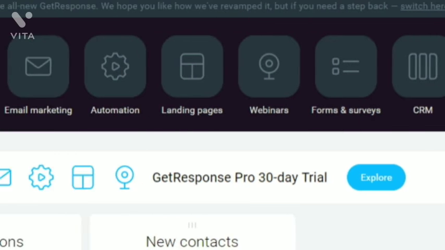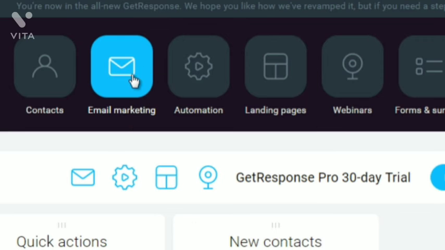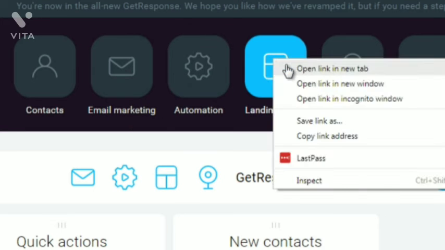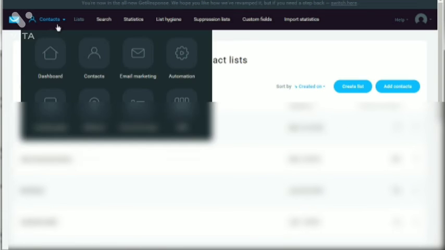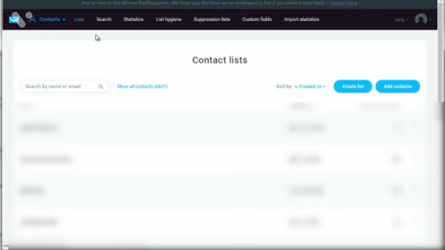So let me go ahead and open these up so you can get a feel for what these are. This one right here is the contacts. When you click that, you're going to see lists, which are the different lists that you can create for your individual products. You could create a customer list for one product and then maybe a prospect list for that product as well. And like I said, the more specific the list is, the better it's going to actually convert